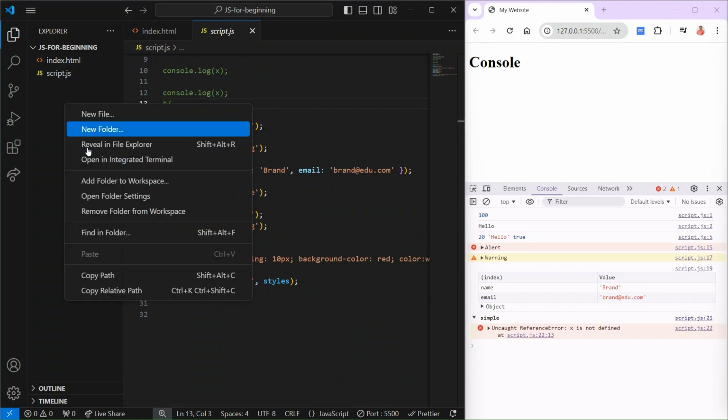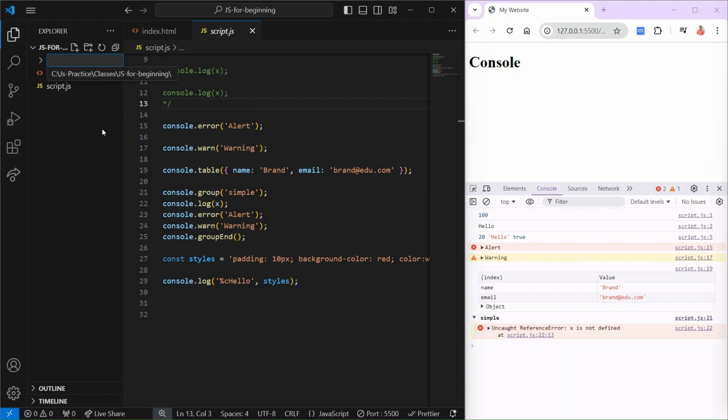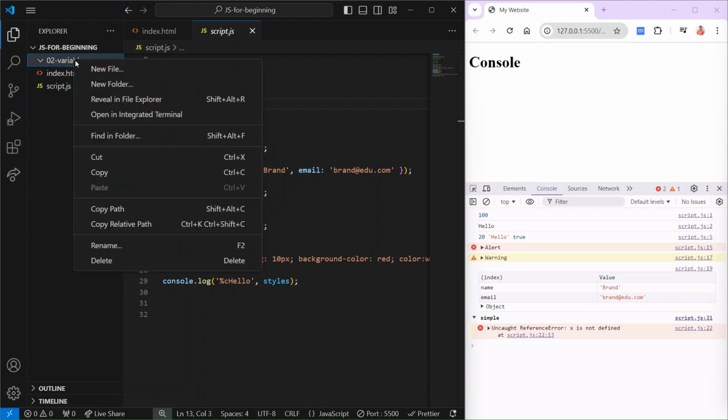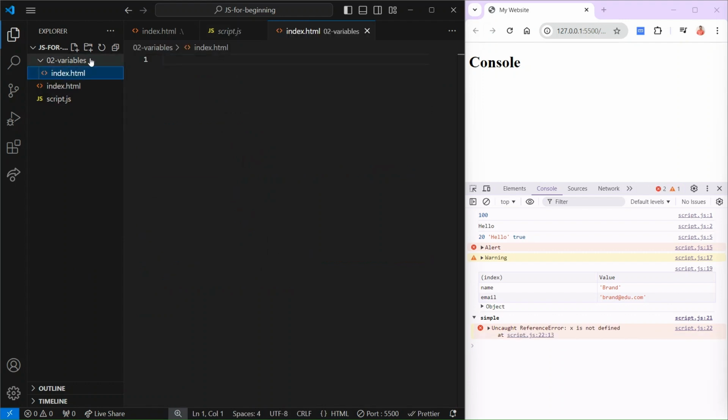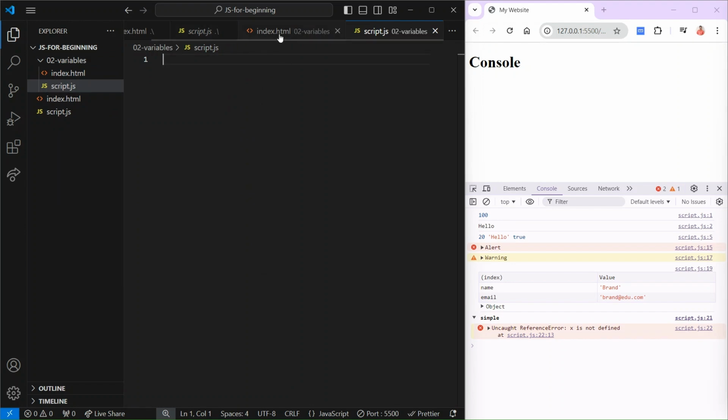So I will create a new folder and name it 02 variables. In this folder I am going to create one more file, index.html, and then one more file, script.js, and we need to include the script in this